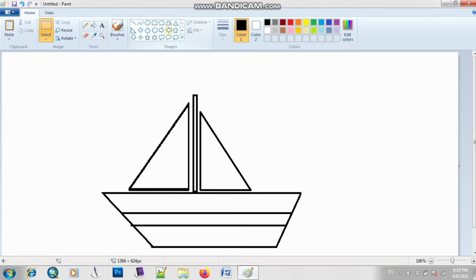So I will use this one. Let me draw some circles here. They are oval shaped. You know, if you want to draw some kind of stars or some other picture, then you can draw it.